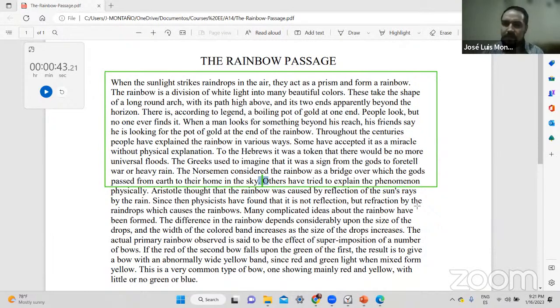And again, read. It doesn't have to be very slow. Also, it doesn't have to be very fast. Read it at your own pace. Try to pay attention again to the pronunciation. As you know, American English, try to keep that accent there. And that's what you're going to do now, Michaela. You're going to try to read this until that part. But if you see that it's less than 1 minute, read a little bit more. If you see that you're going to use more than 1 minute, stop at 1 minute. The idea is that you have 1 minute exactly.